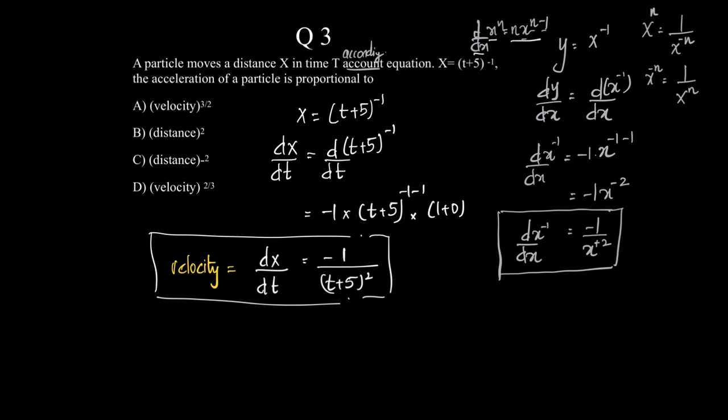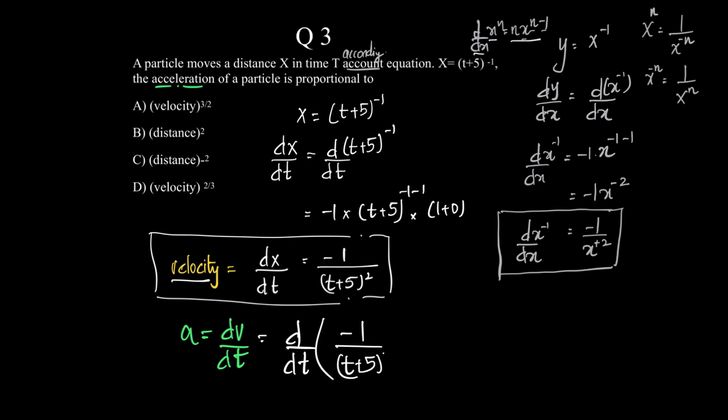Now we are not asked to find out velocity. What we are asked to find out is the magnitude of acceleration and the relationship between acceleration and velocity. So what is acceleration now? Acceleration is basically dv by dt, or d by dt of v. And what is v? V is velocity, which is minus 1 by (t plus 5) the whole square. So this will be equal to d by dt of, I can take minus 1 outside here, (t plus 5) the whole raised to minus 2,